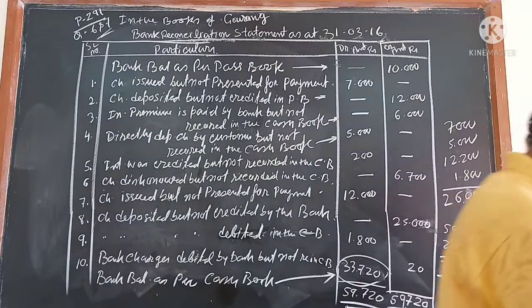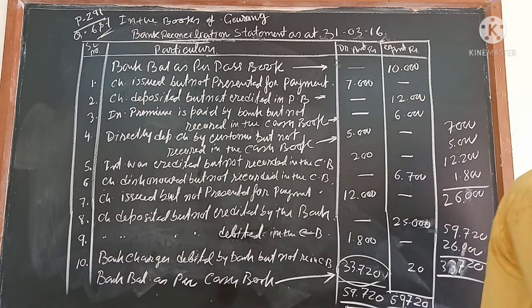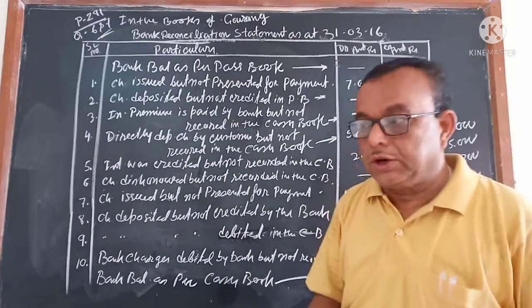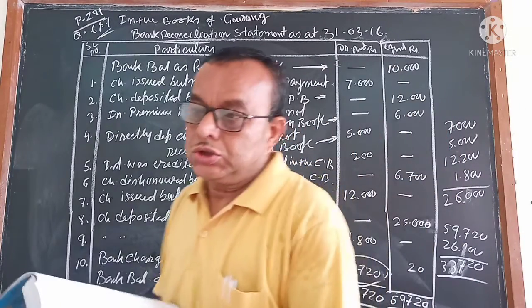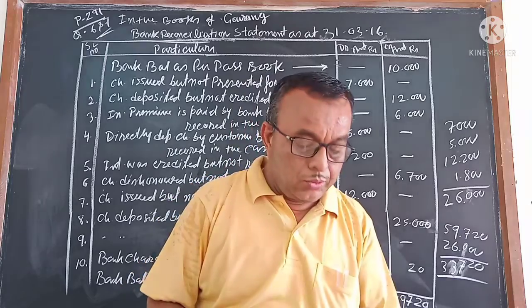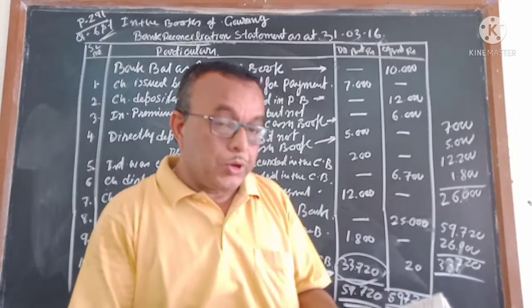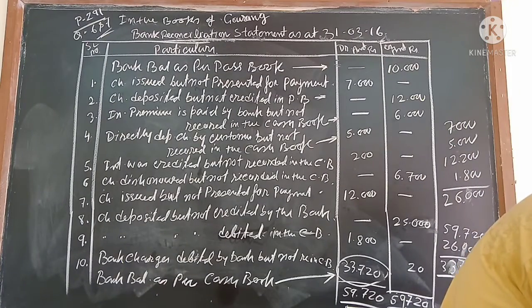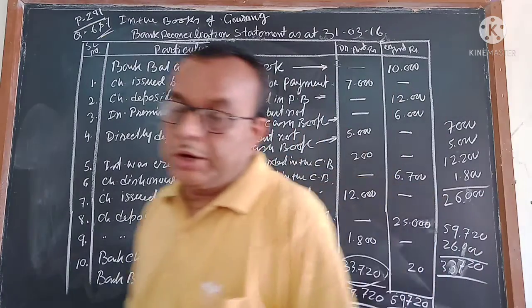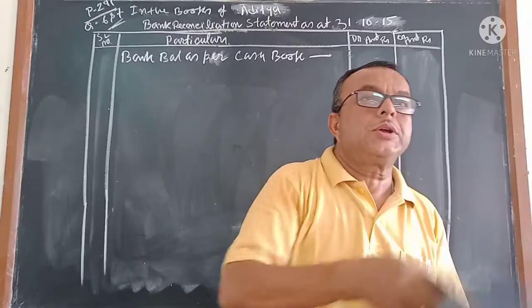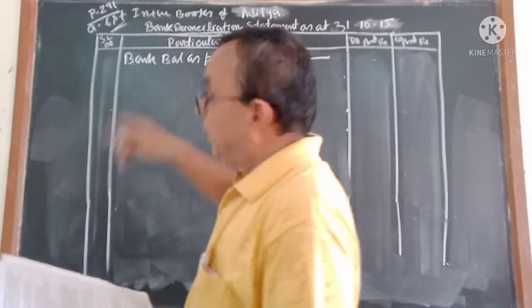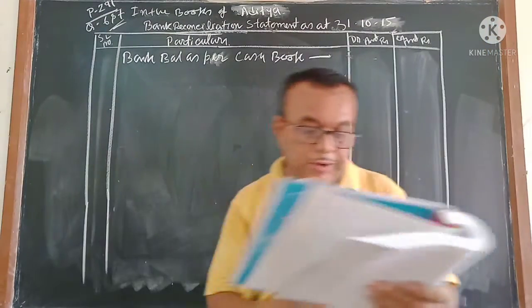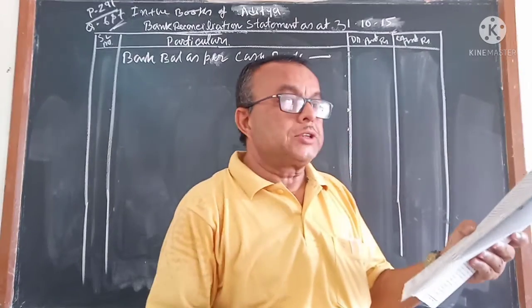I will tell you, it is not at all hard. You have to keep it in mind. It is so easy, but you have to practice so that you can understand how we are doing it. Let me do one more sum, which is question number 7 of page number 291. There are a total of 12 points.